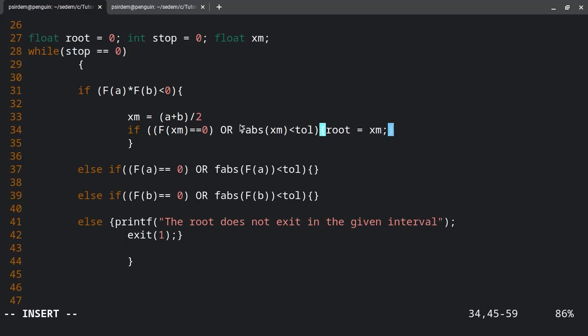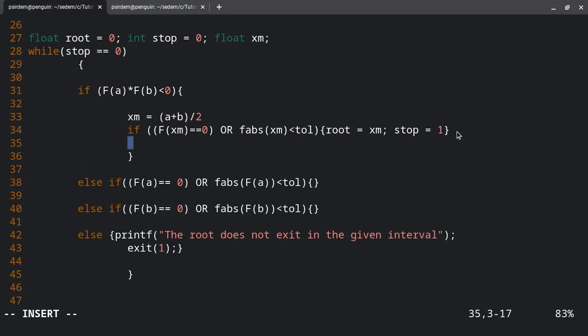and then change the stop to be equal to what? 1. Assign the stop to 1. We are bringing the stop to 1 because it will then make the condition in the while loop false, and make the while loop stop running. So basically that's that, right? And now let's come to the next if statement. Here we would have to terminate this line, sorry,